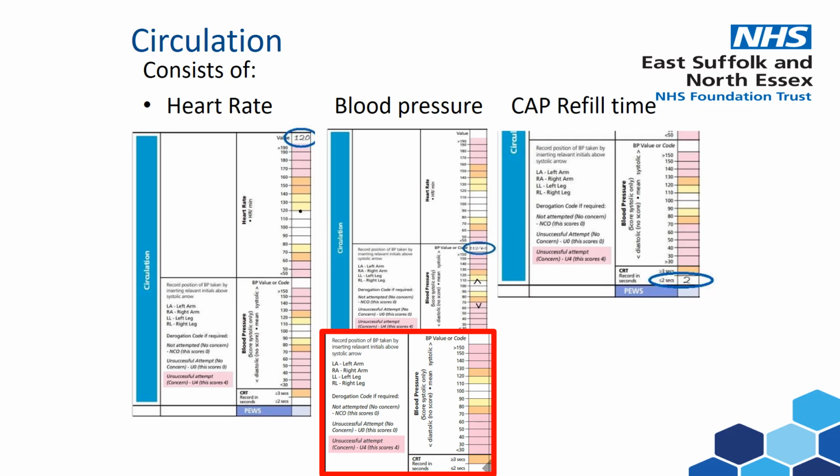The last one is the capillary refill time. So this is looking at the child's central capillary refill and recording this in seconds. Now, it's really important that we use seconds to document this and not just saying it's above 3 seconds. So the 2 parameters that they've got on the chart is anything below 2 seconds will be in the white zone, and anything more than 3 seconds will score a 2 towards their total PEWS because it sits within the